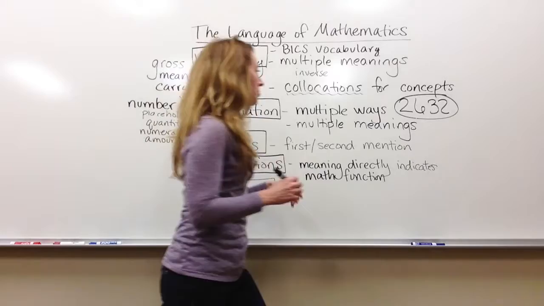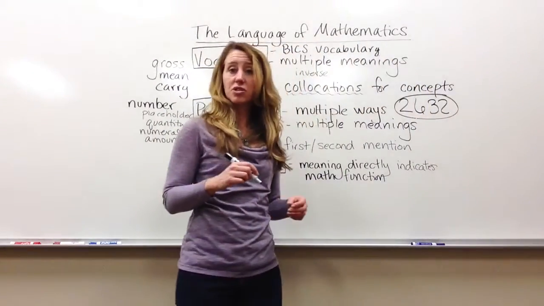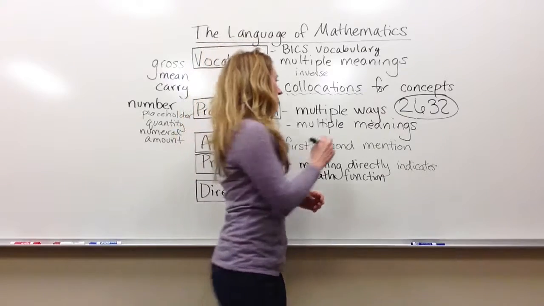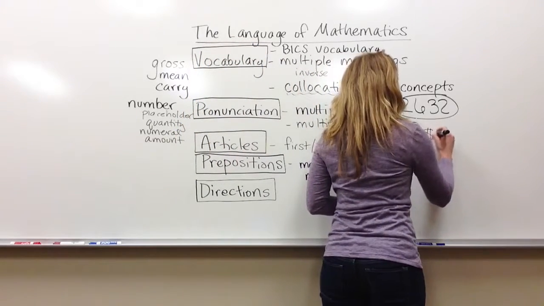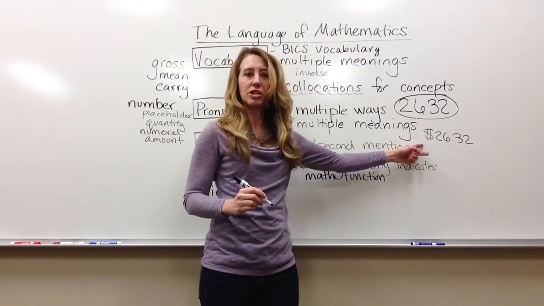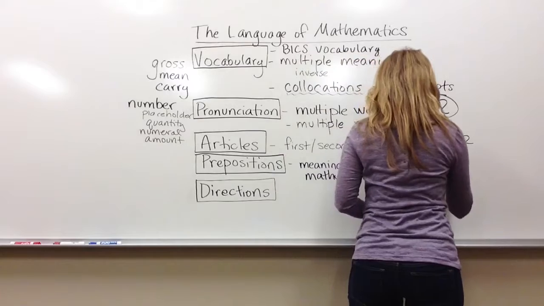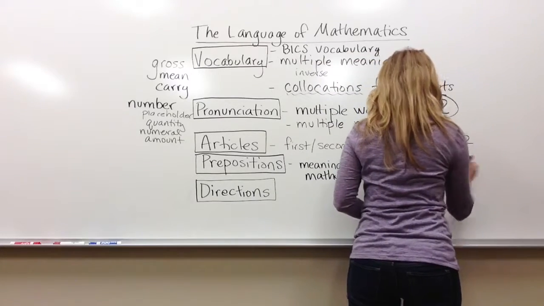So for example, if a student hears 2632, does it mean 2632 with a dollar sign in front of it? Or does it mean, our old friend,